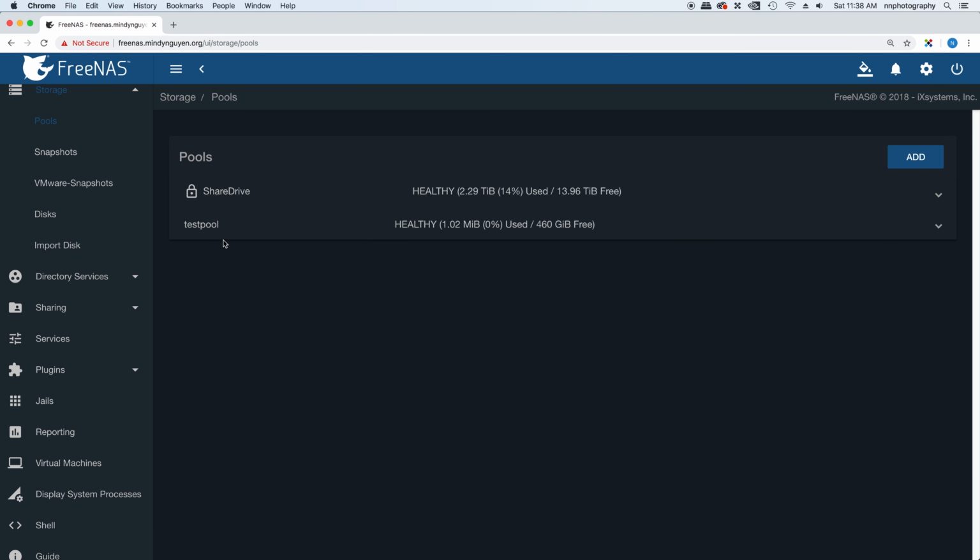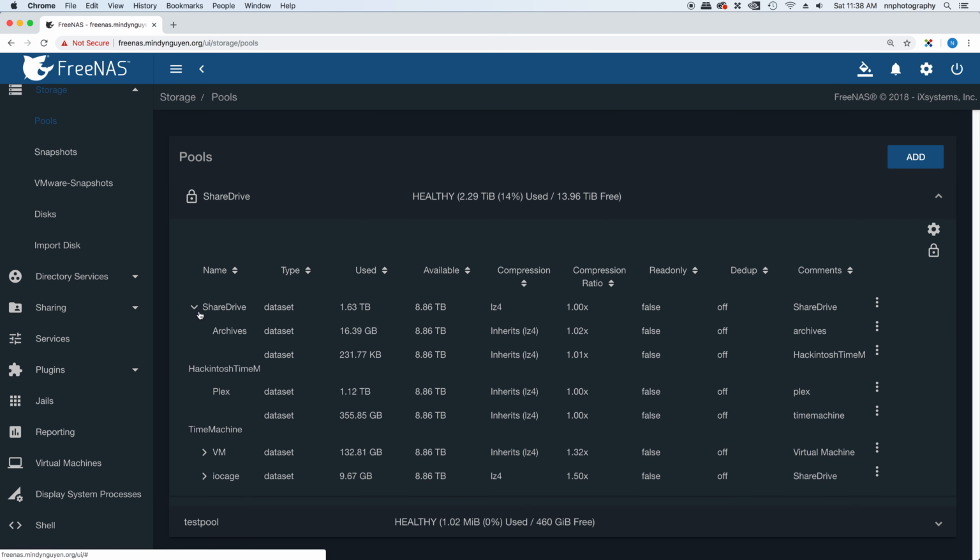So the user that you assign to that TimeMachine data set, when you go to TimeMachine and you select that data set on the FreeNAS system, it's going to ask you for the authentication, the username and the password that you're going to enter. Alright, let me minimize this one, and I'm going to show you how to set up TimeMachine on your